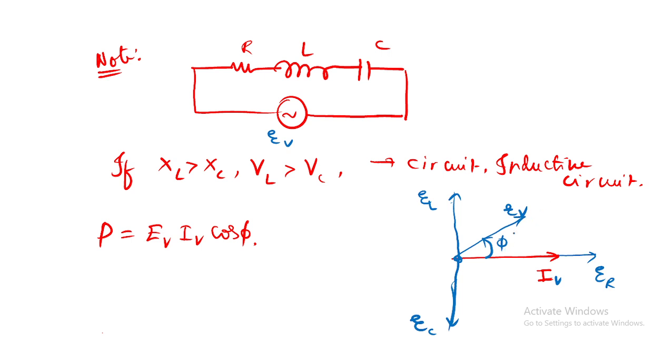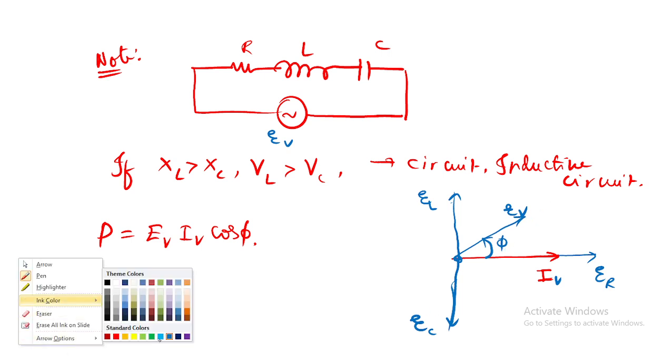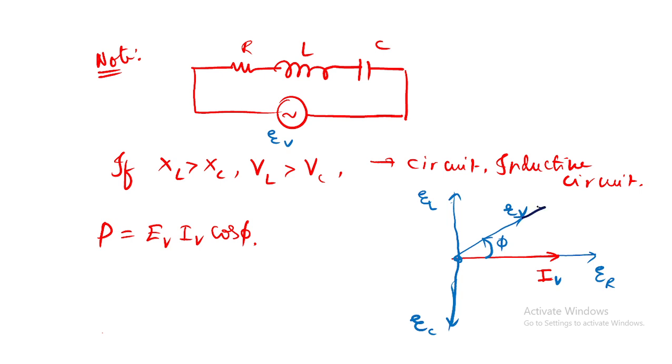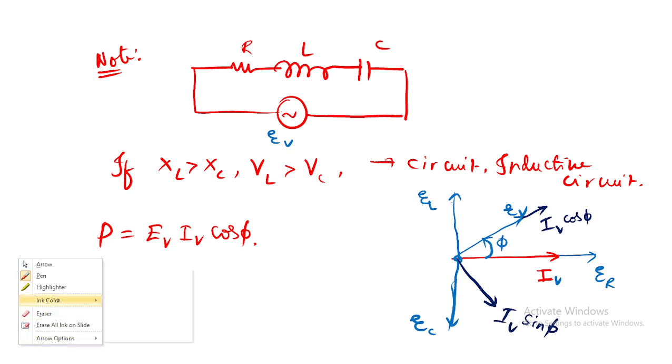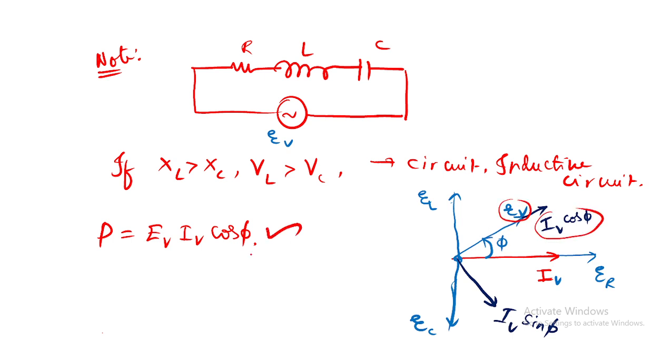Now if I try to divide, what am I trying to divide? Now I am trying to divide the current. This is the current here, and in this direction I want to divide the current. Can I divide like that? What does it indicate here? This is IV cos phi. Can I write like that? This is IV cos phi. What about this one here? IV sin phi. Can I write like that? In this one, can you see that the virtual amount of power is actually along this one? Voltage will be there, current also there. I can write the power formula as EV cos phi. Am I correct?